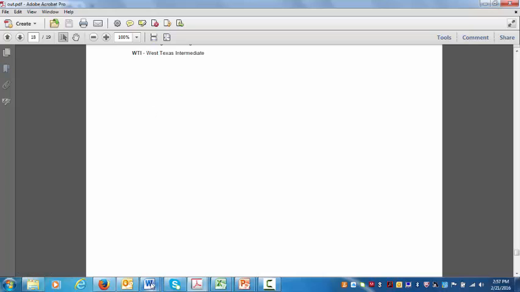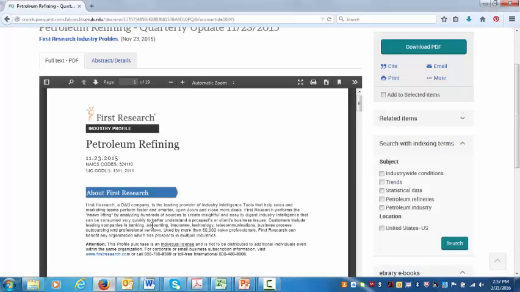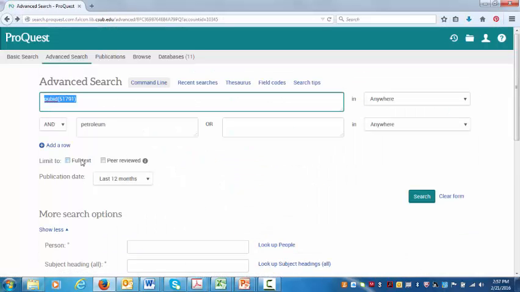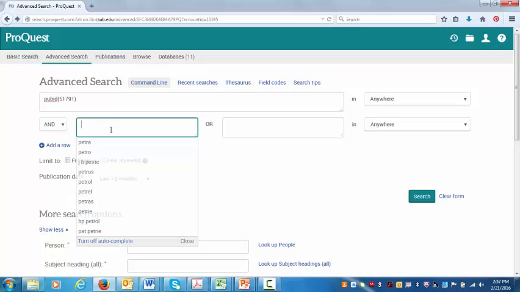I'm going to go back to the search here, and I want to point something out. You'll notice here the NAICS code. Now, this is North American Industrial Classification System, 324110. If you knew the code of the industry you're looking for, rather than typing petroleum, you could simply put in that code,